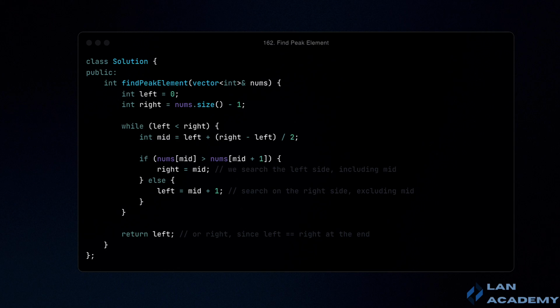The problem of finding a peak element in an array can be efficiently solved using the binary search technique. By leveraging two boundaries, left and right, we continually adjust the search range based on the comparison of the middle element with its neighbors. This ensures that the algorithm operates with a time complexity of O(log n), making it well suited for large arrays.